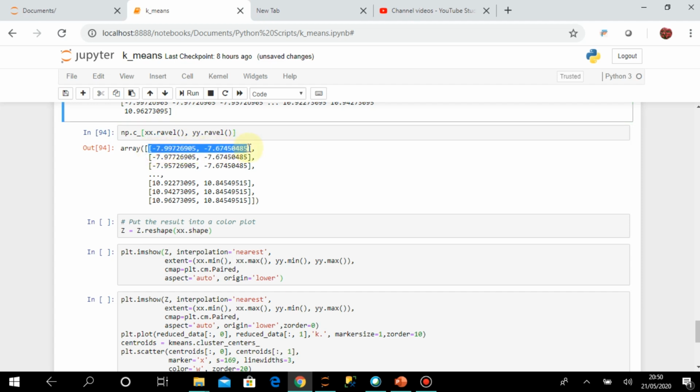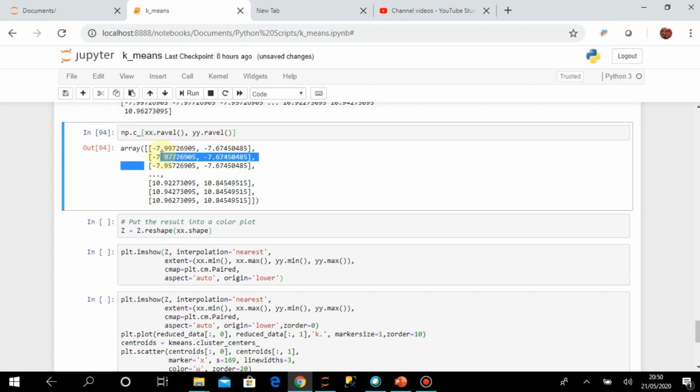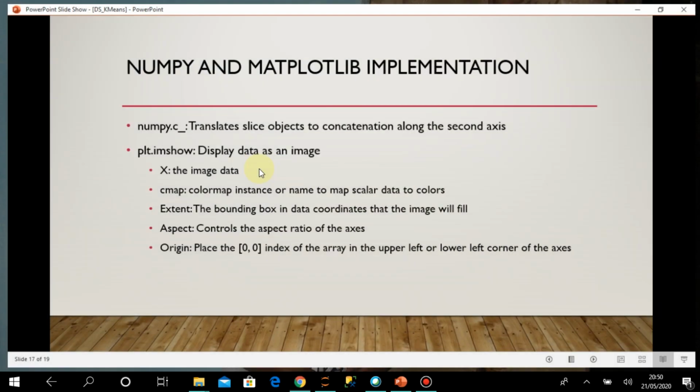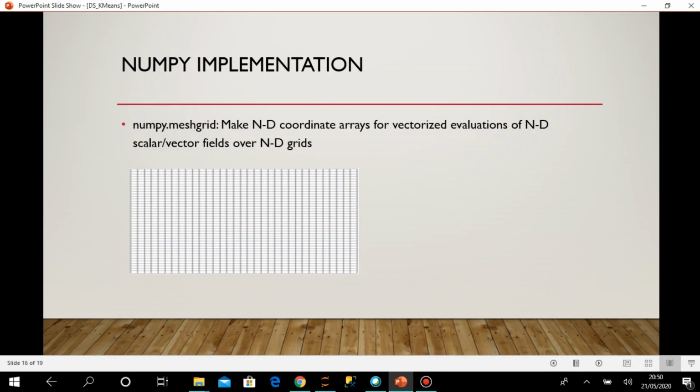The purpose is to take all the values from this grid and combine these two values in a proper way.